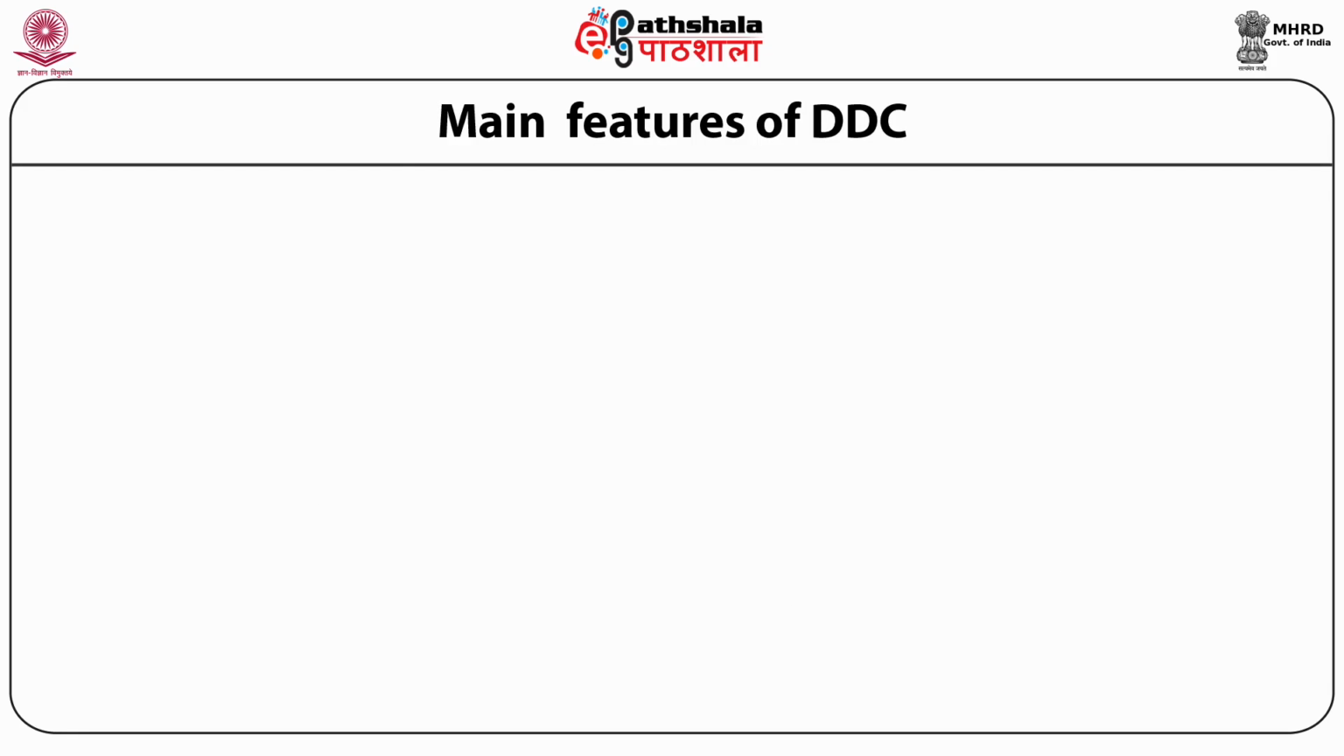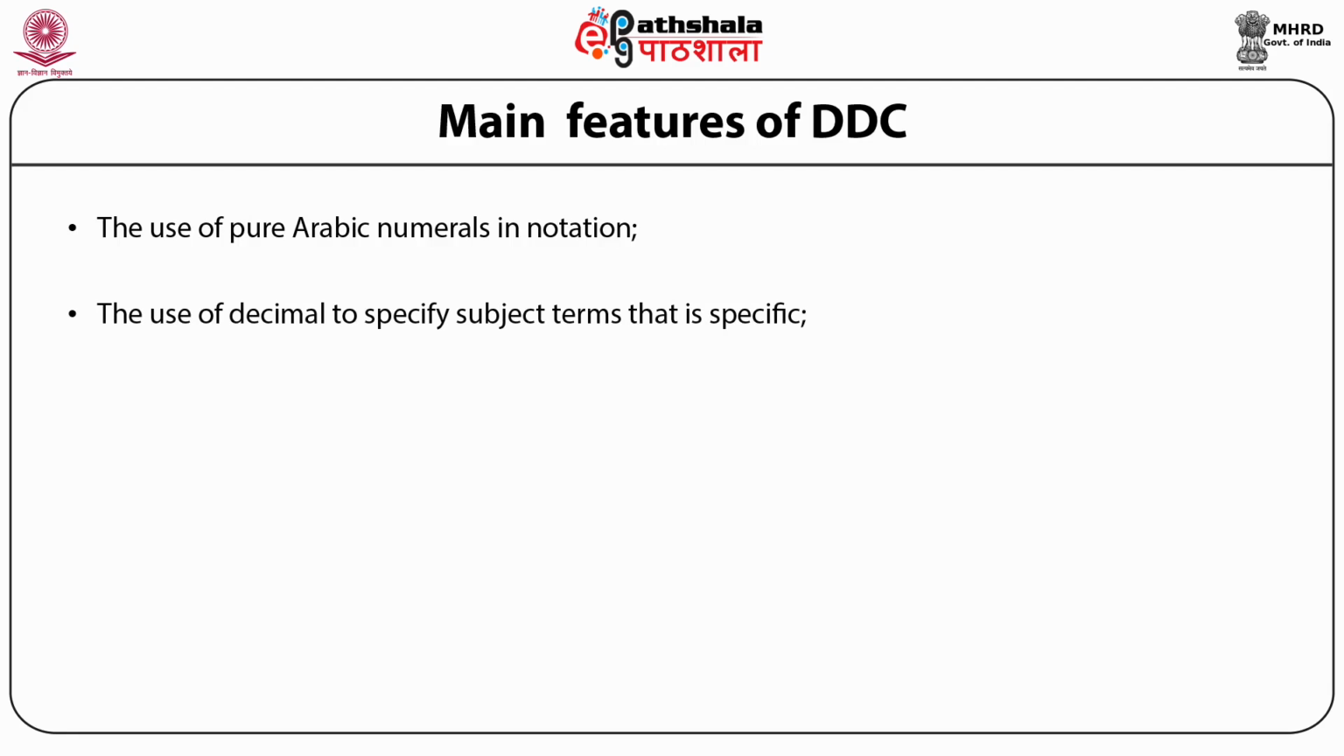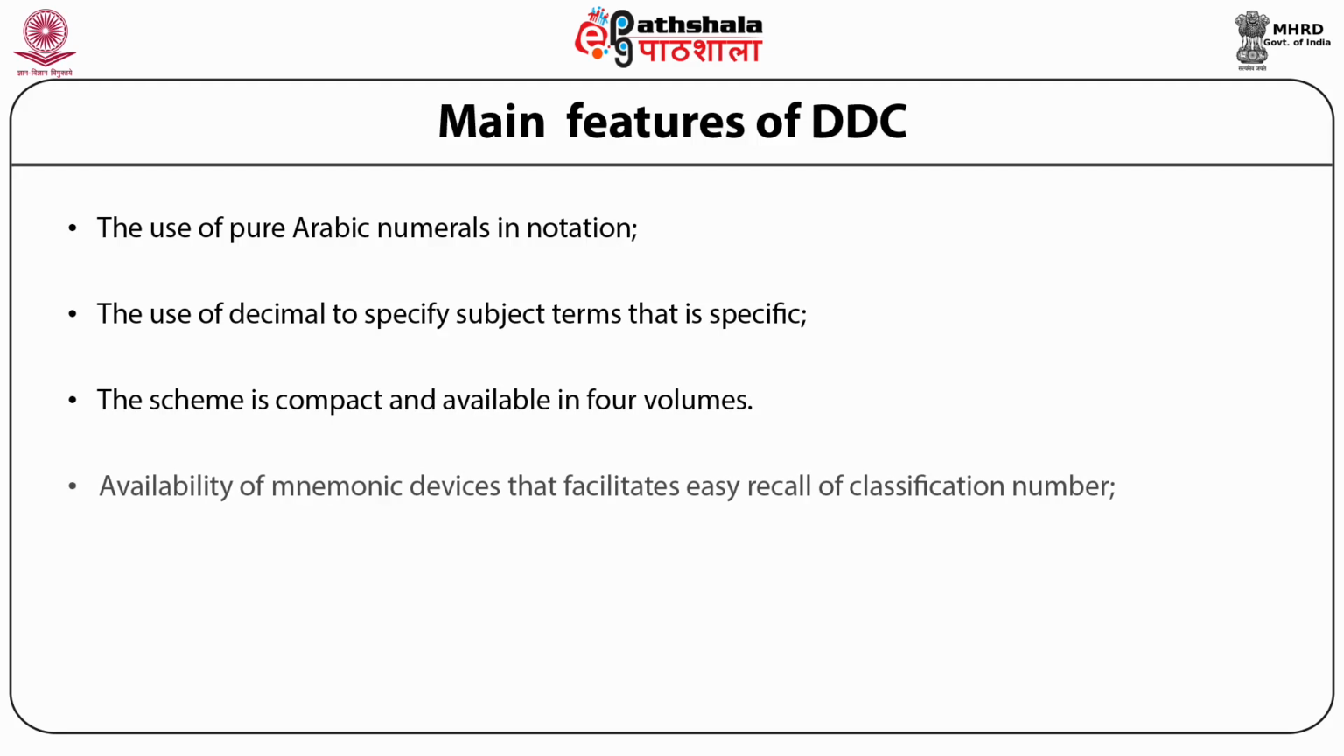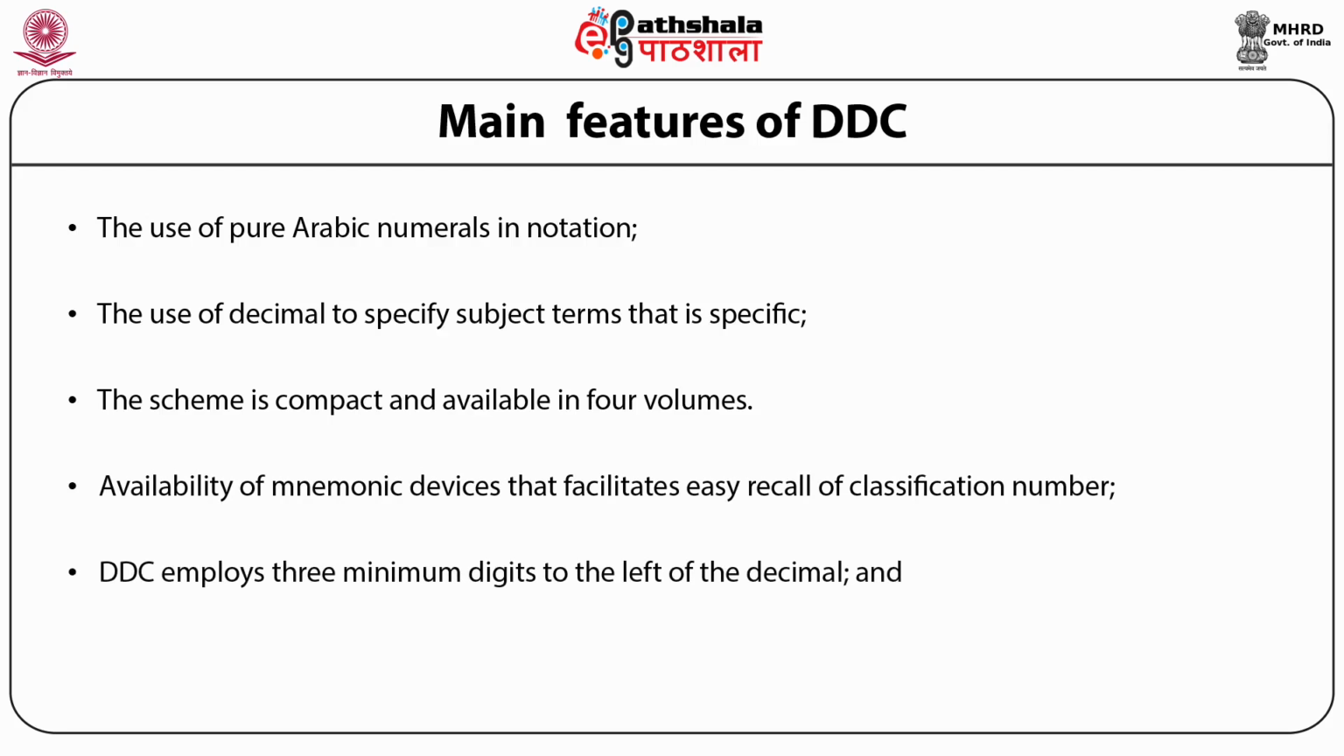Main features of Dewey Decimal Classification. Features are firstly the use of pure Arabic numerals in notations. Secondly, the use of decimal to specify subject terms that are specific. Thirdly, the scheme is compact and available in 4 volumes. Fourthly, availability of mnemonic devices that facilitate easy recall of classification numbers. DDC also employs 3 minimum digits to the left of the decimal and availability of relative index to the diverse